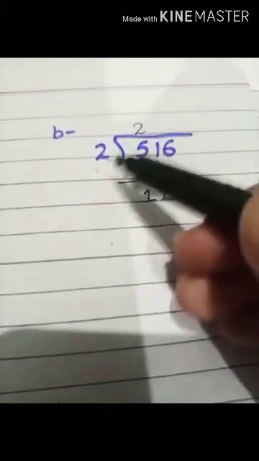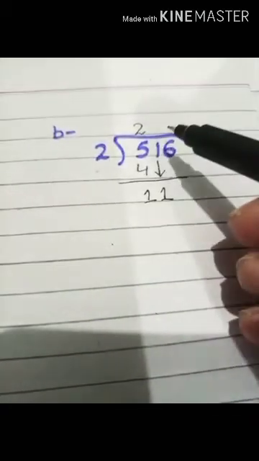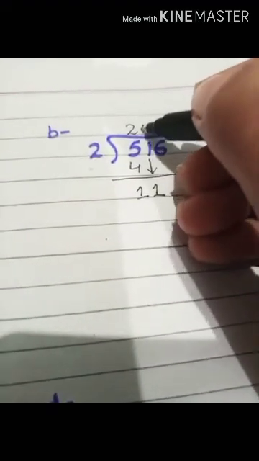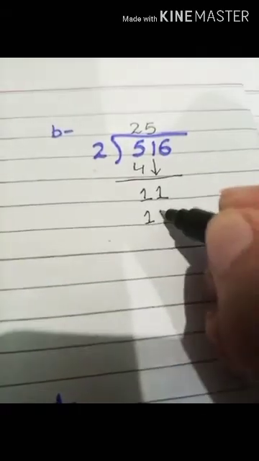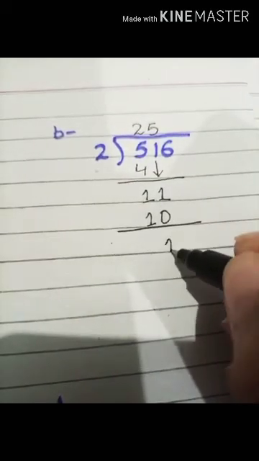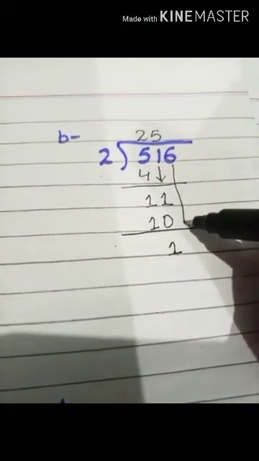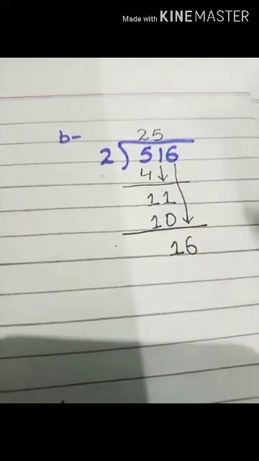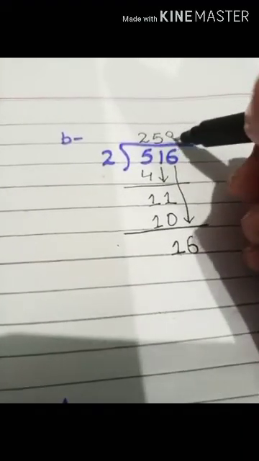Read the table of 2 with me. 2 ones are 2, 2 twos are 4, 2 threes are 6, 2 fours are 8, 2 fives are 10. I can write the number 10 beneath the number 11. So students, 5 twos are 10. In the next step, that is subtraction, 1 minus 0 is 1. Here I am writing the number 1, and this one is again smaller than my divisor, so I am taking this 6 down here, and this will become the number 16 now. Now students, read the table of 2 till the number 16. 2 8s are 16.